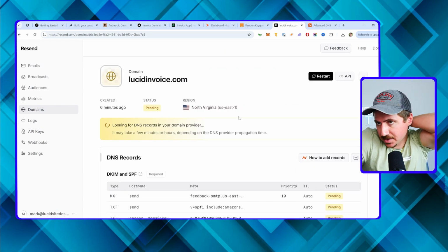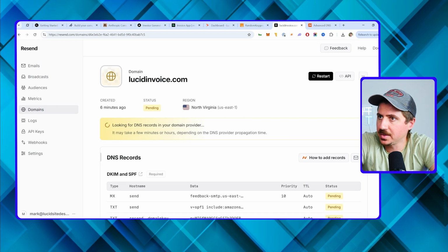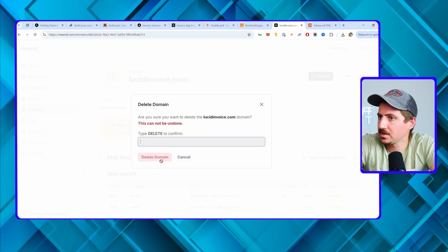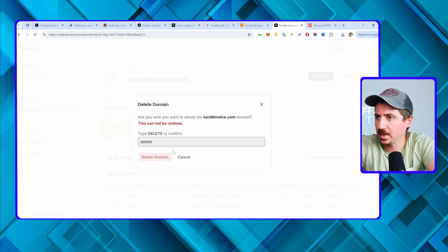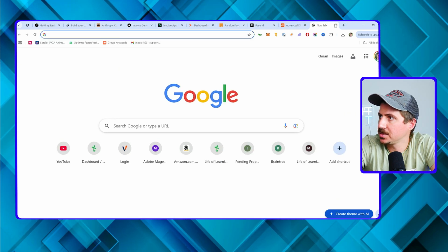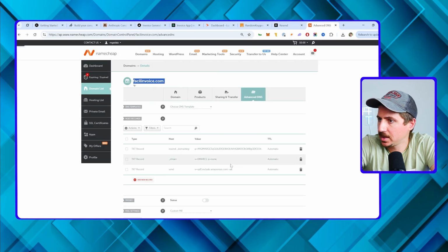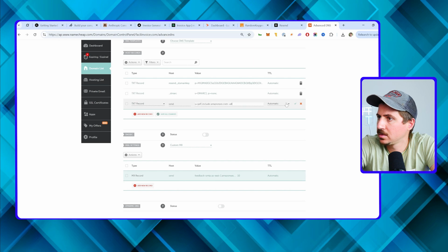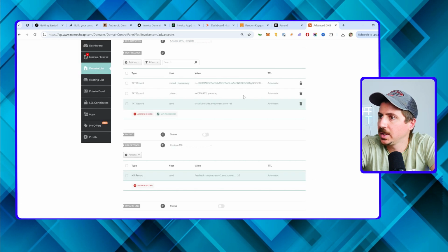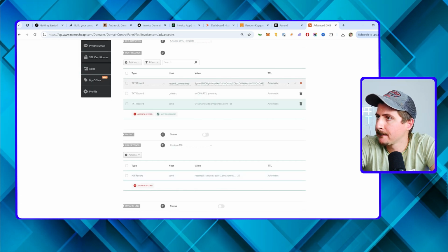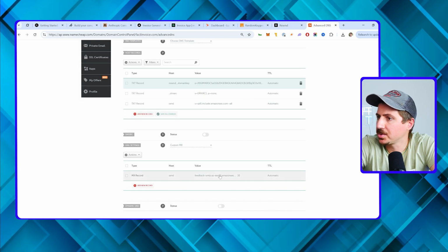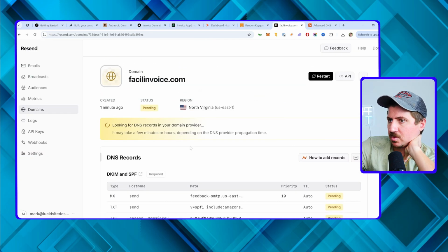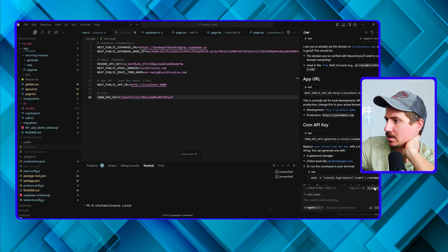This is going to take a few minutes to find, oh, whoops, sorry. This is the wrong domain. That's right, I forgot. Remove domain, whoops. I'm just going to hit delete. We'll do that all over again. Just going to make sure these are exactly the same. Feedback, it's SPF record. This domain key. And the DMARC should be exactly the same, yeah. Okay. All right, so while that's working and while that's verifying,